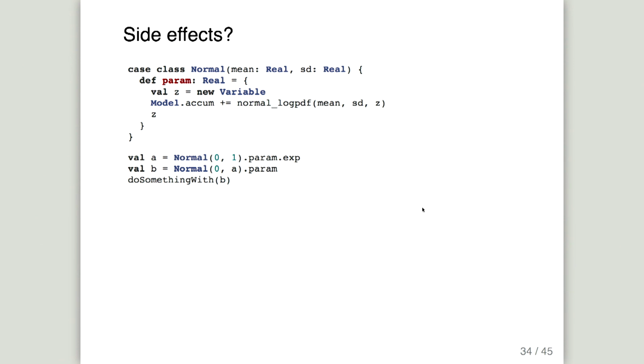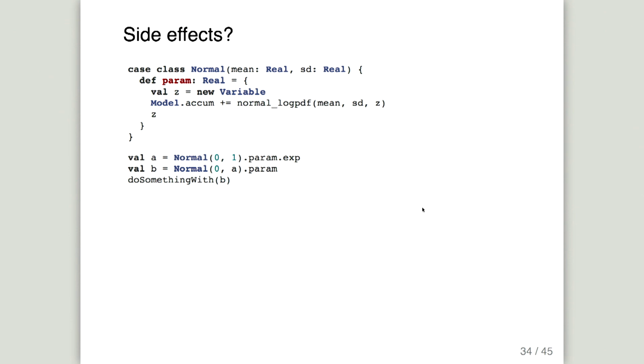So we can imagine a world where Rainier does this, right? We have some class that represents a normal distribution, it has a mean and a standard deviation, and I want to just ask it for a parameter, right? Like give me a normally distributed parameter, thanks. So it can create a variable node, right? Great, that's your parameter. I'm going to return that. That's what you actually need going forward. And I'm just going to build a little compute graph off on the side that computes the normal PDF of that and stick it on some globally maintained objective function, right? So